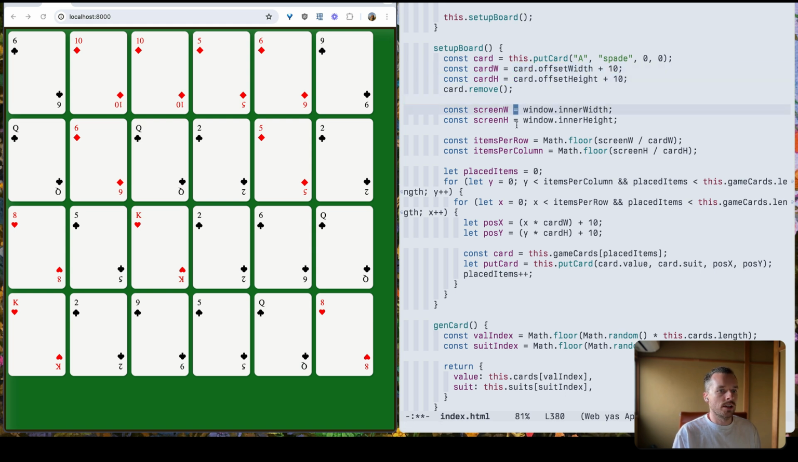And then the width and height of the screen. Then the items per row, items per column. That's going to tell us how wide and how tall we can go for each element. And we just use the floor so that we don't have any overflow errors here. And then let's check here. Then we're just going to go through every column, every row per column until we're out of game cards,